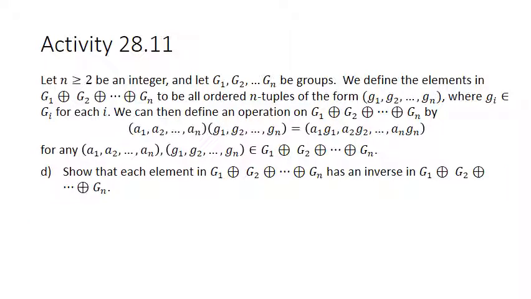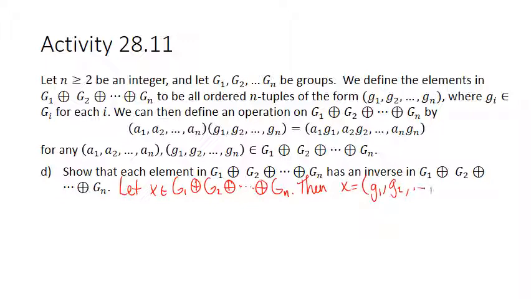All right, show that each element in this external direct product has an inverse that is also in the external direct product. Okay, so this is not very hard. It'll work just like it does for 2 groups, just a lot of notation. So let's let X be in the external direct product. Okay, then x is equal to some, I'll call them g's this time, g1, g2, up through gn,